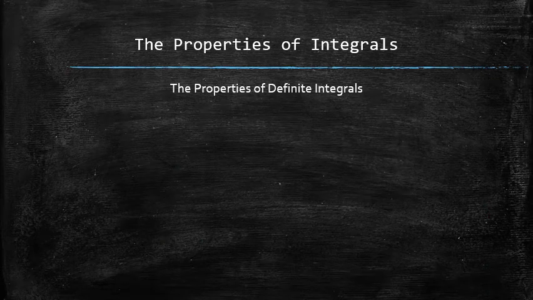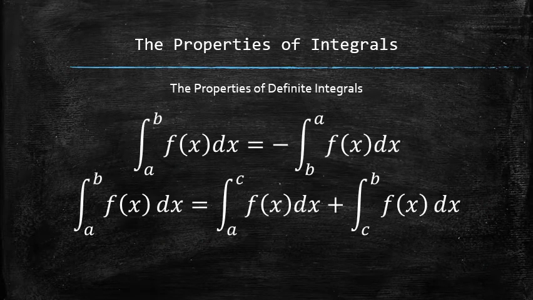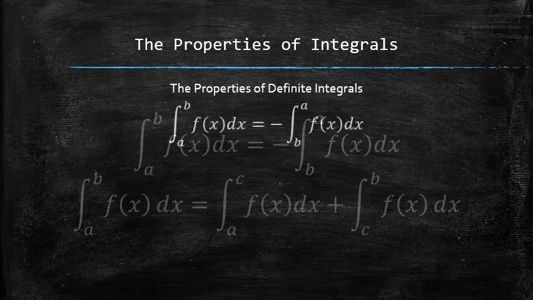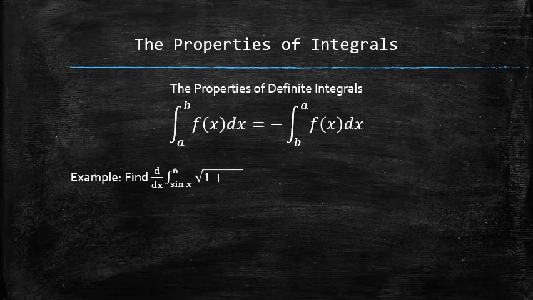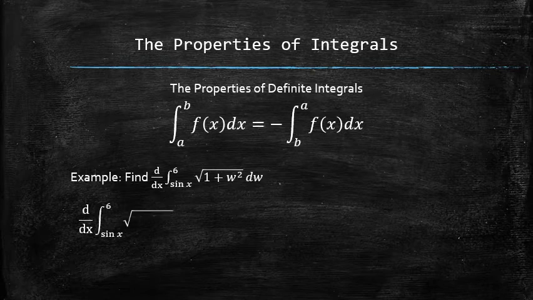Definite integrals have additional properties inherited from them being the Riemann sums in nature. To practice the first property, we can now differentiate the cumulative sum function with the variable lower limit of integration by applying the property first and then using the first part of the fundamental theorem of calculus.